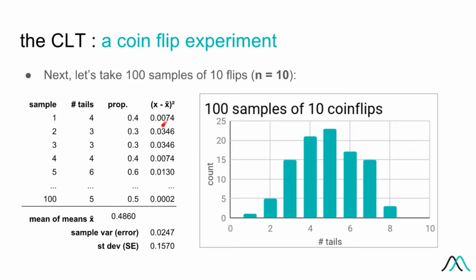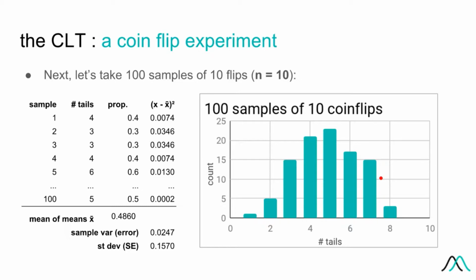In the rightmost column of this truncated table, you can see each sample mean's squared difference from the overall mean. Then the n-1 average of all of these gives a sample variance of 0.0247. Recall that the variance in the coin itself was 0.25, so this new variance is 1/10 of the original variance in the population. The variance, also known as error when we're referring to a distribution of sample means, has